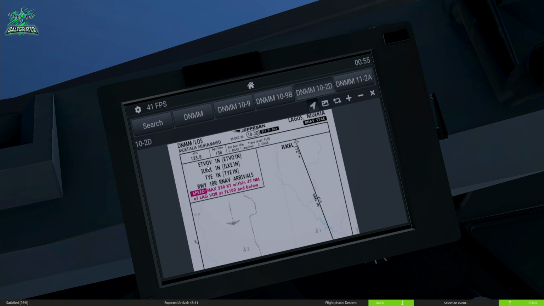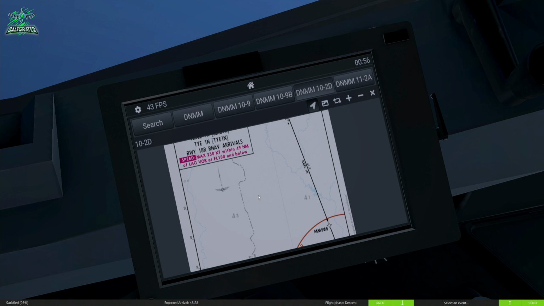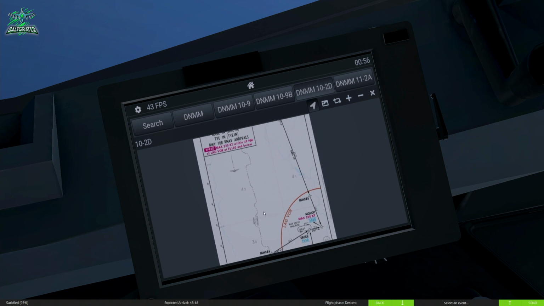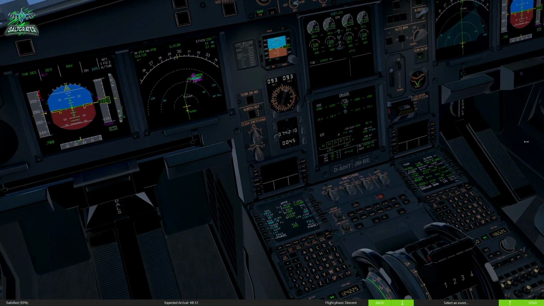Okay, so our STAR today is ETVOV 1 November, and it is effective 31 December 2020, chart 10-2 Delta. Okay, speeds, the only restriction we have is 230 within 49 miles of the VOR at flight level 100 and below. So what we'll actually do,